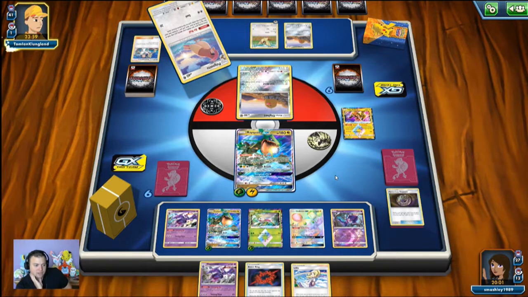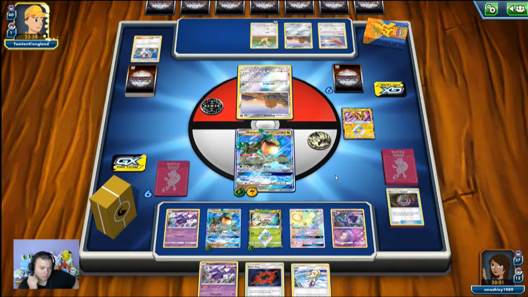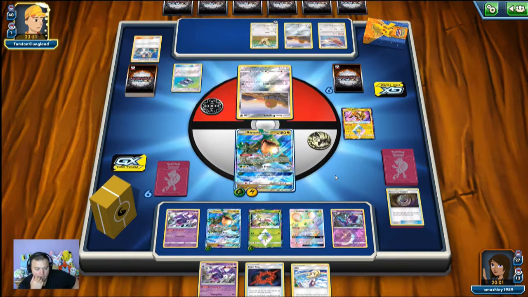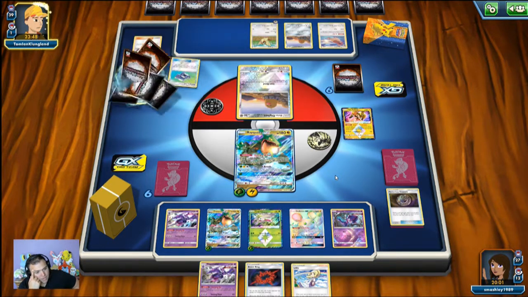Definitely an interesting deck. Nothing I've ever seen before. Tomlin, Klugland. But hey, anti-meta versus anti-meta. That's all I need is to make hope for these days. Alright, what are they digging for? Oh, nuts. Yeah, that's a...